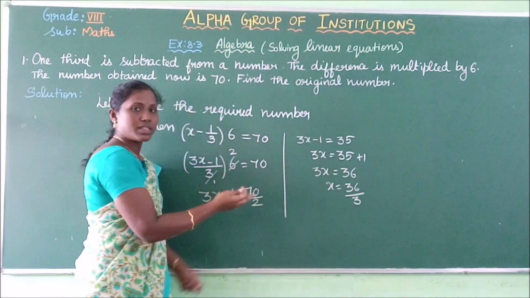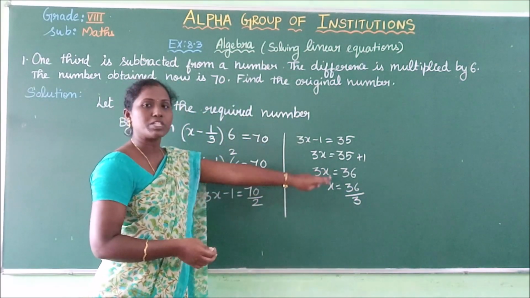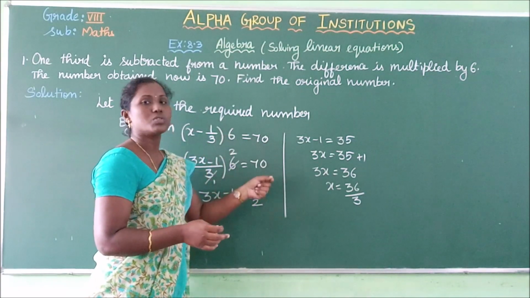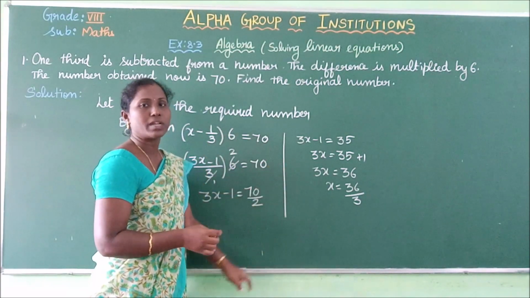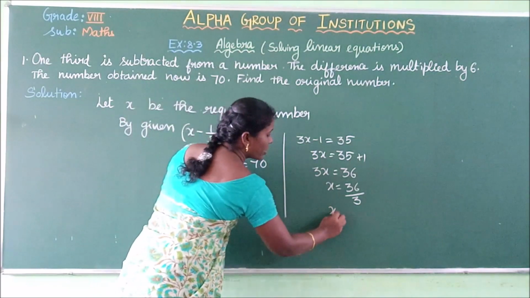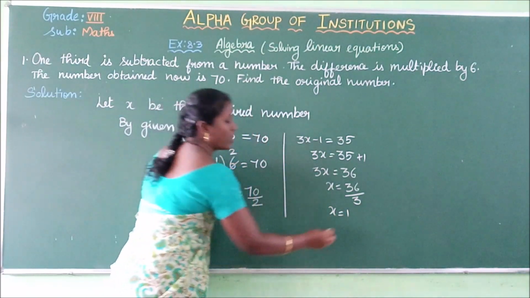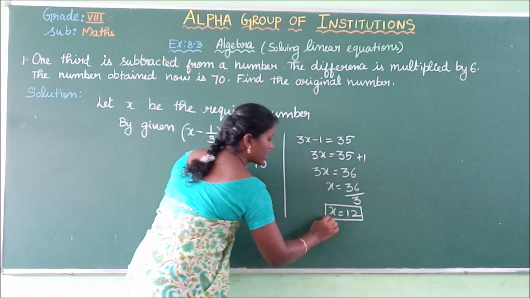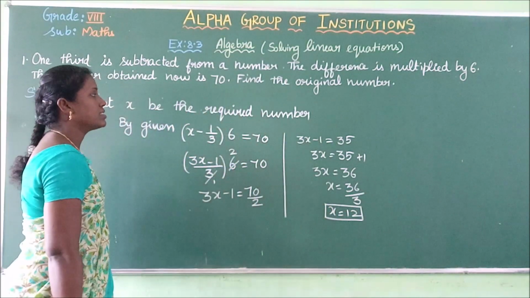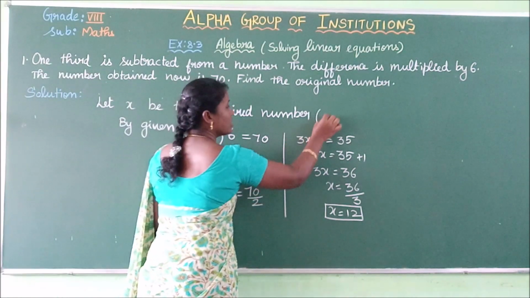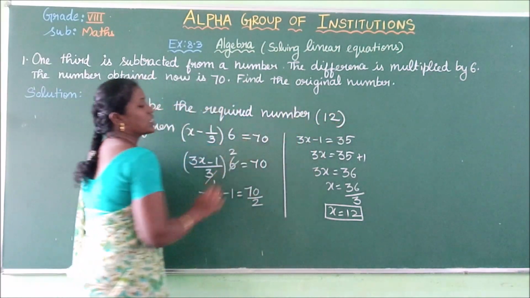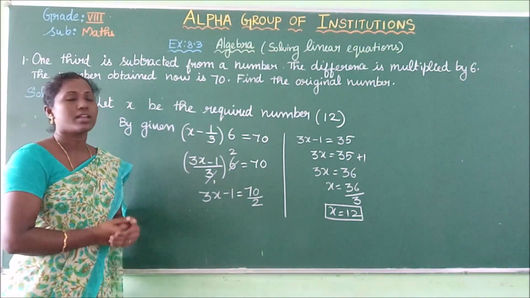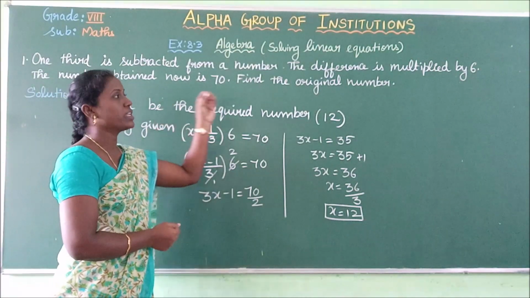Is that all? This simple calculation, how multiplication goes to division, we have seen widely in the previous exercises. So use that knowledge and solve it properly. If I simplify, x is equal to 12, since 1 3 is 3, 2 3s are 6. So we got the value of x as 12. That is the required number here: 12. So what you have to do is read the question.